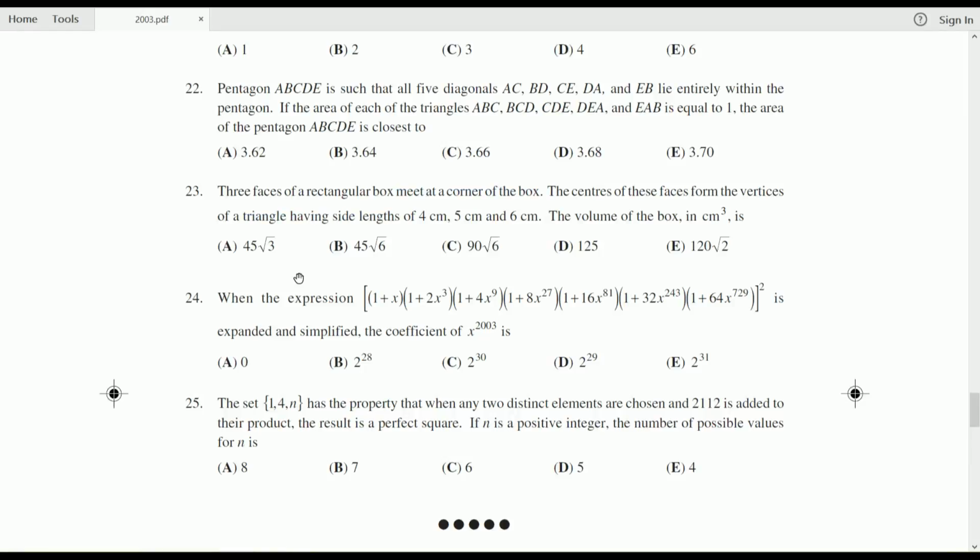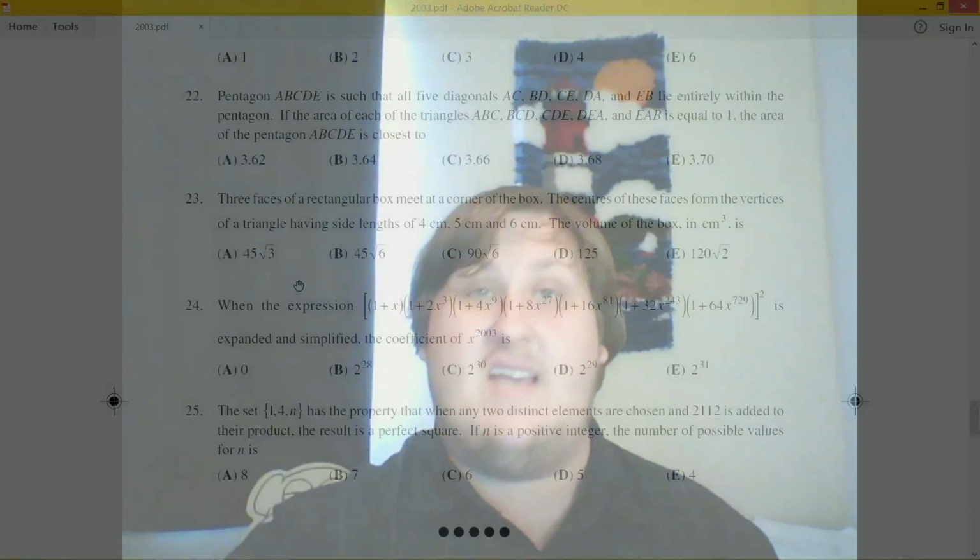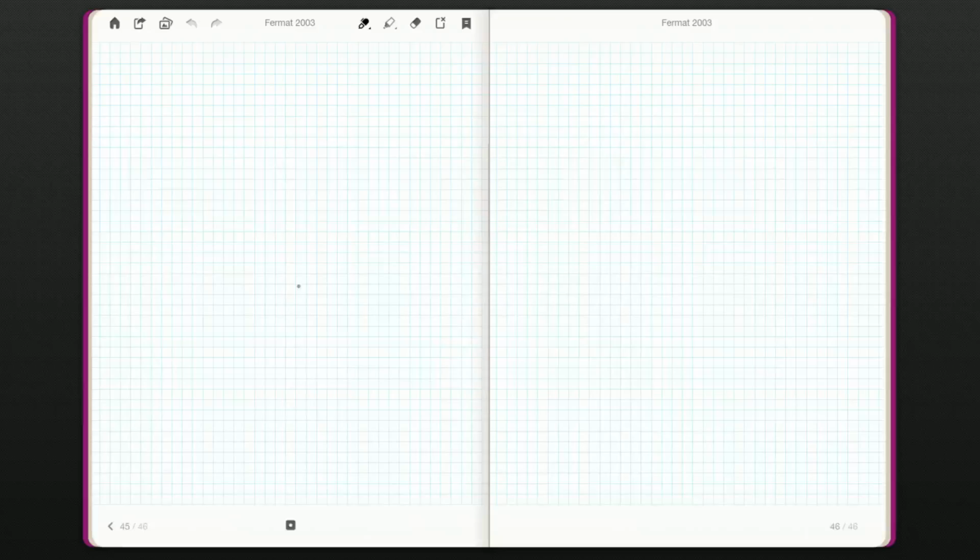at a box, my mind is immediately drawn to Pythagoras and the right angle corners of the box, especially because we're meeting at a corner. I'll show you what I mean as I draw a picture of our scenario. So, if we imagine our box here,